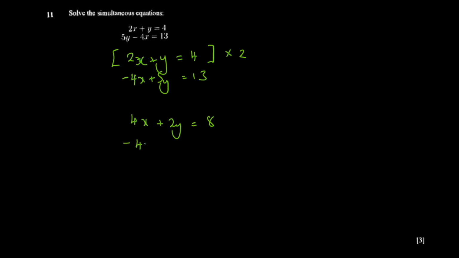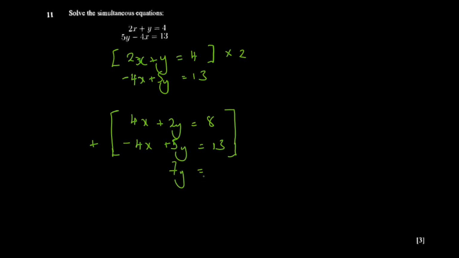Okay, so negative 4x plus 5y equal to what? 13, exactly. So here you put your big brackets. Don't forget to put your big brackets, so it helps you get perspective on what you're supposed to do. So here the signs, they're different. If they're different, we add, exactly. So if we add, you get 4x minus 4x, so it's simply 0. So that's why we add. So here you can just get 0, and then here you get